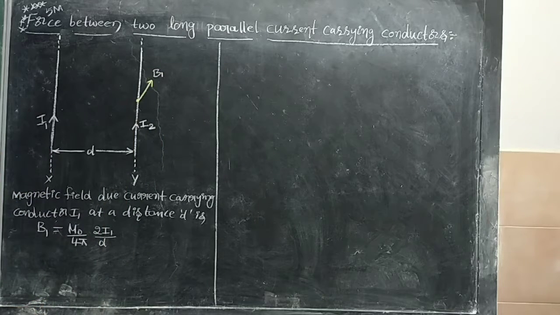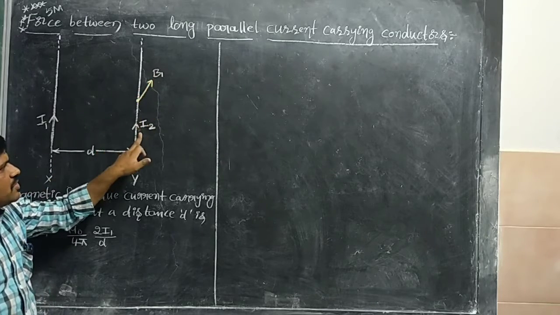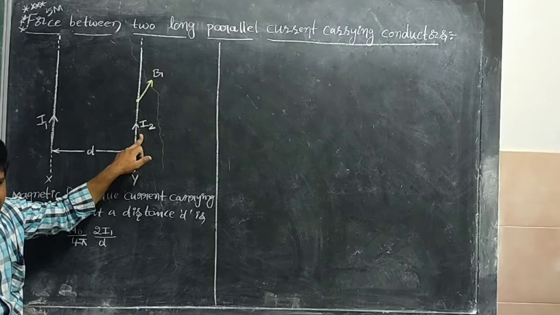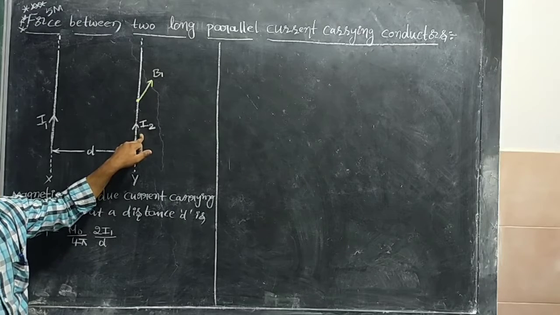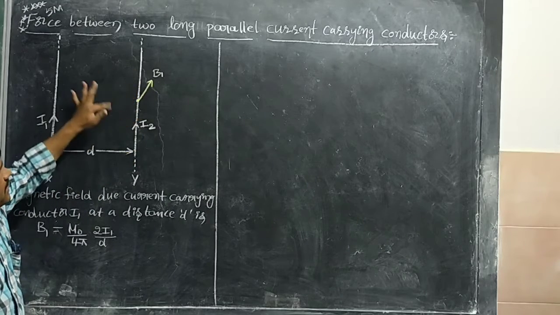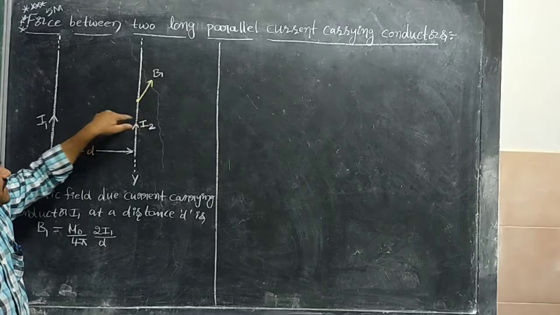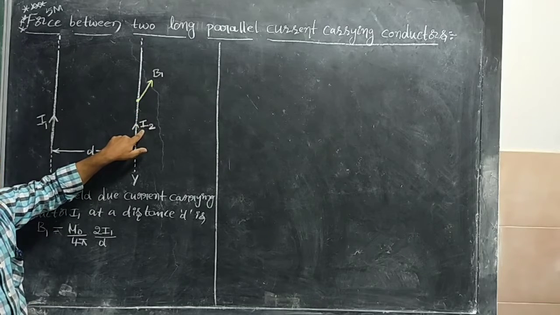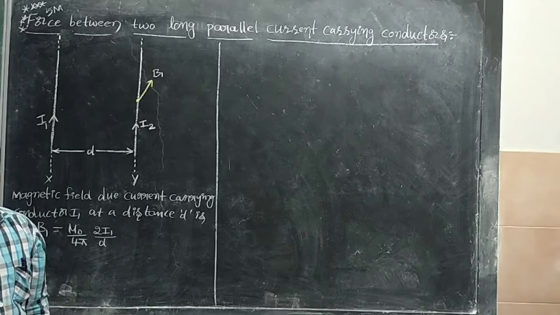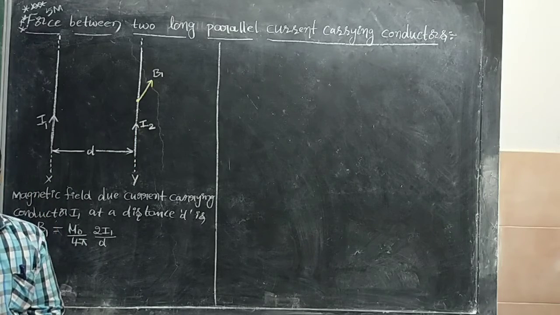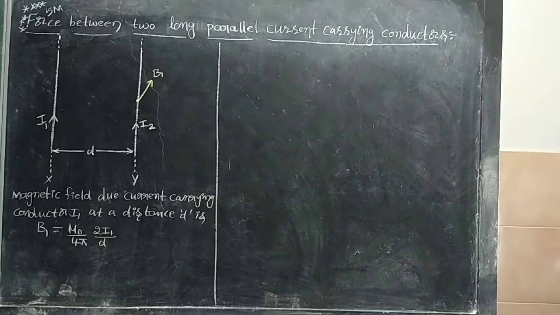Thereafter, in a magnetic field, if there is a current carrying conductor, that conductor experiences a magnetic force. Here the B1 magnetic field is there. In this B1 magnetic field, current I2 is flowing in a conductor. Then this conductor experiences a force. That force is nothing but magnetic force. Now just put it here, magnetic force